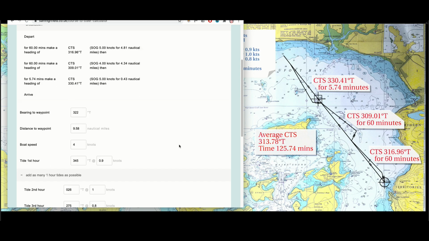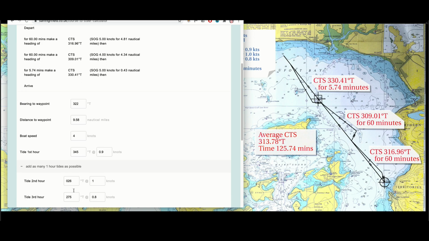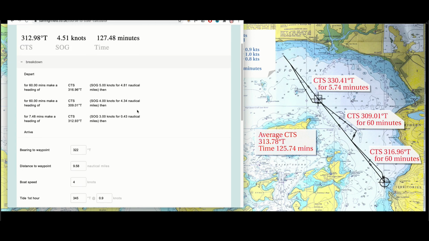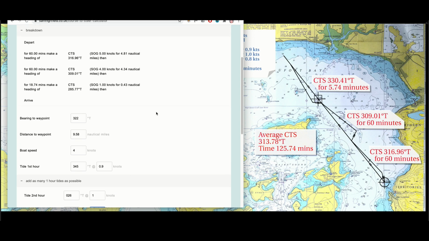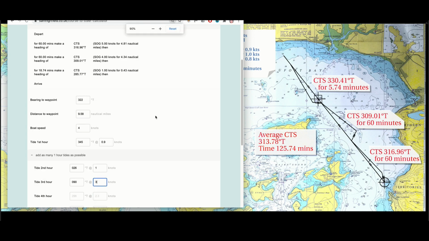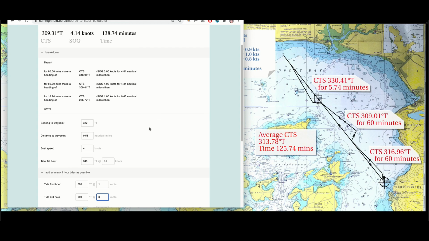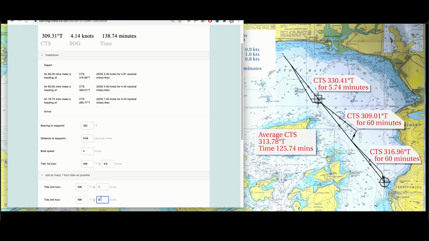Before I said, what if there's a really strong tide against us, okay? So 026, sorry, so 275, that is going towards us. So let's send it the other way. Let's send it to 90 degrees, okay? And let's go and increase this. Okay, I'm just going to zoom out on this here so we can get it all in. So, I mean, if it did go higher,